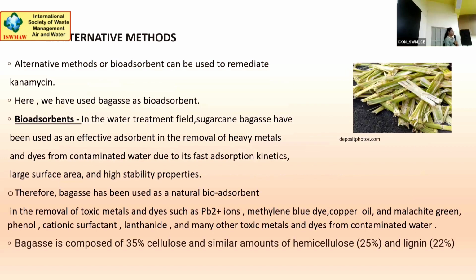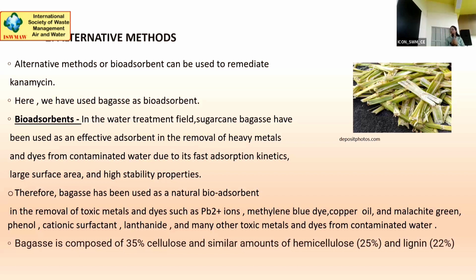In case of the alternative method, we can use biosorbents. Among biosorbents in the water treatment field, sugarcane bagasse has been used as an effective adsorbent in the removal of heavy metals and dyes from contaminated water due to its fast adsorption kinetics, large surface area, and high stability properties. Therefore, bagasse has been used as a natural water adsorbent in the removal of toxic metals